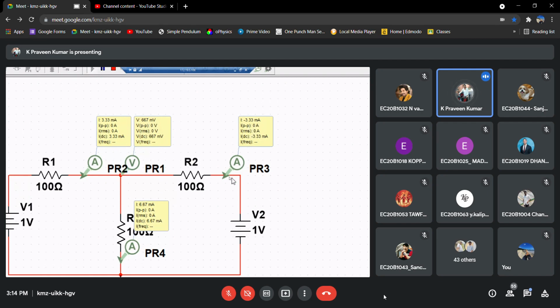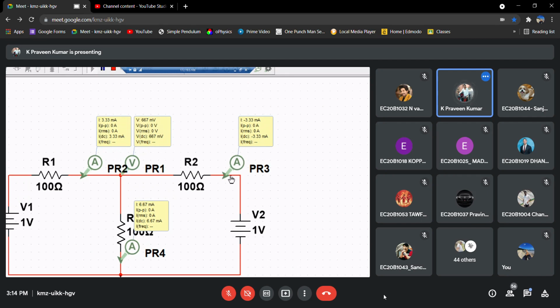The reason is this arrow mark, the direction. This is towards the right hand side, but what is the actual current flow direction from this source? It will be coming out of this source. So we have a plus value, meaning the actual current direction is opposite, right? So that we need to take into account.